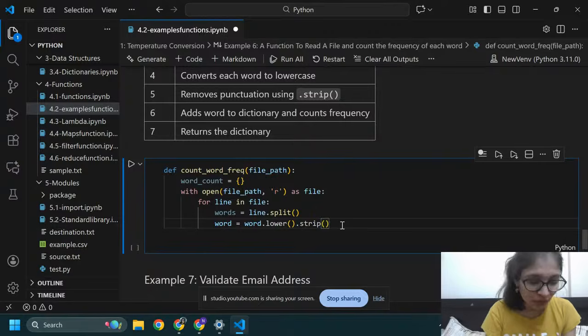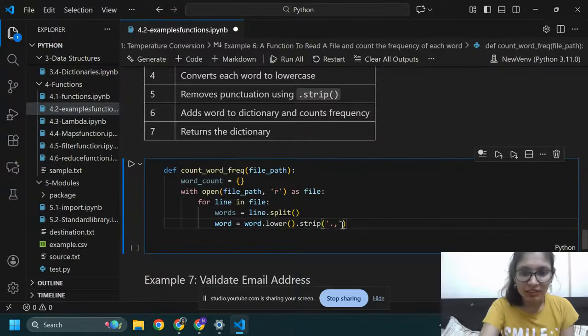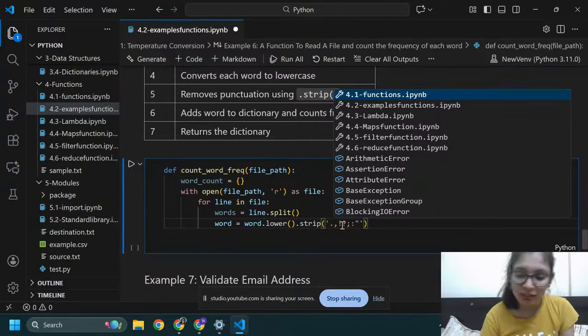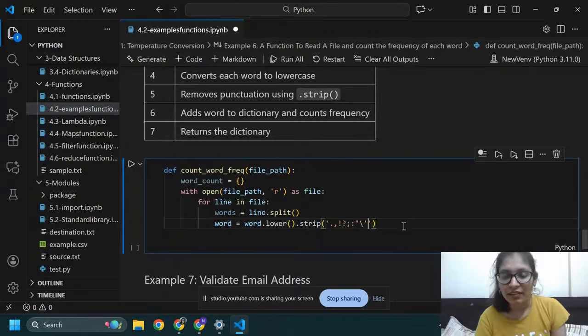Here I am going to use dot, comma, exclamation, question mark, semicolon, colon in double quotes, I have slash, then I have another single quotes. Okay, now everything is fine.